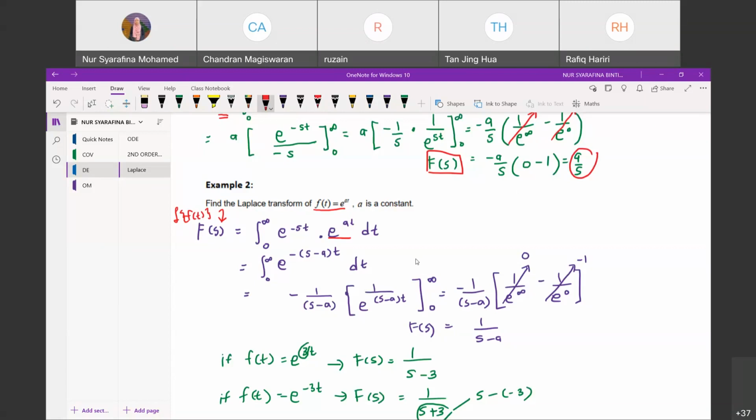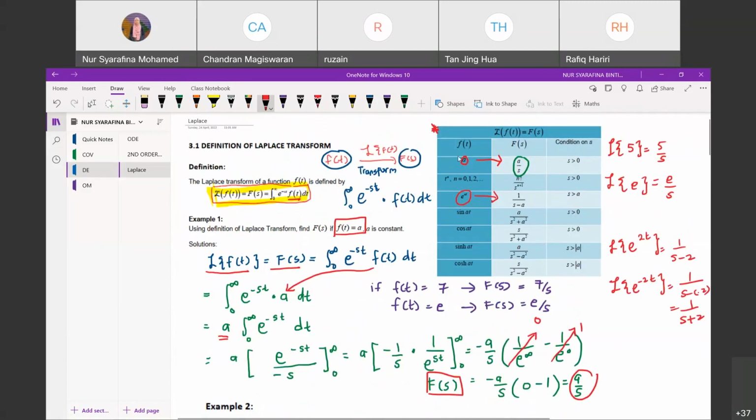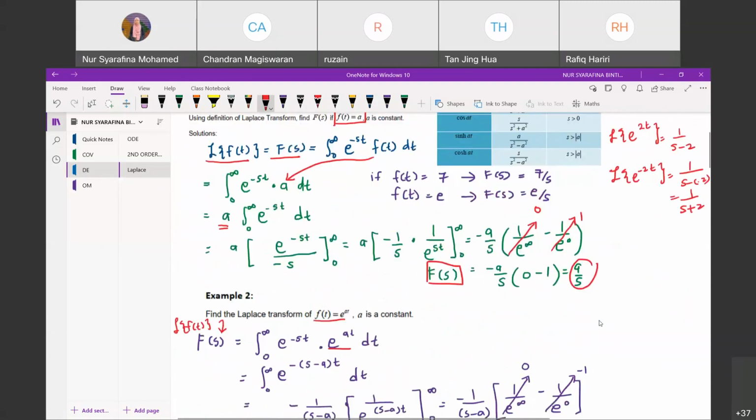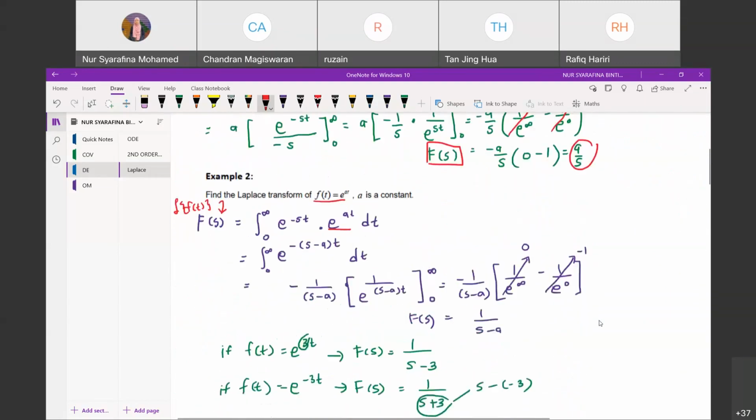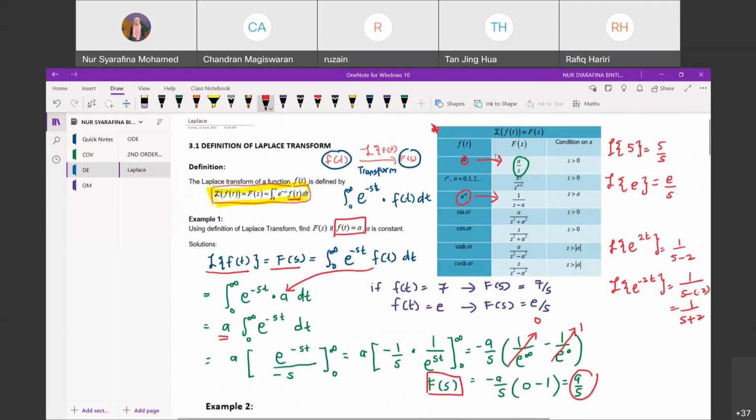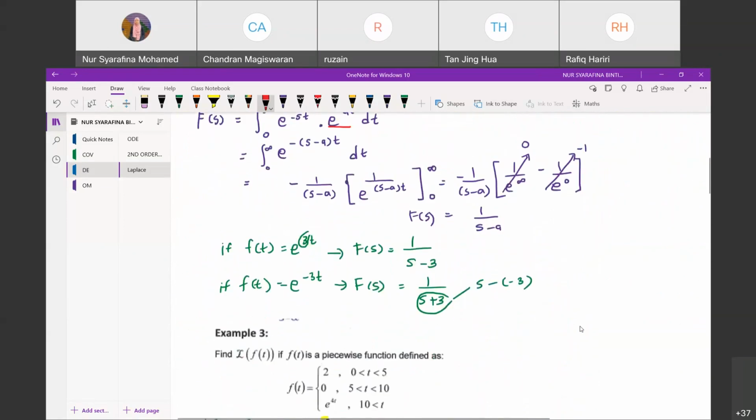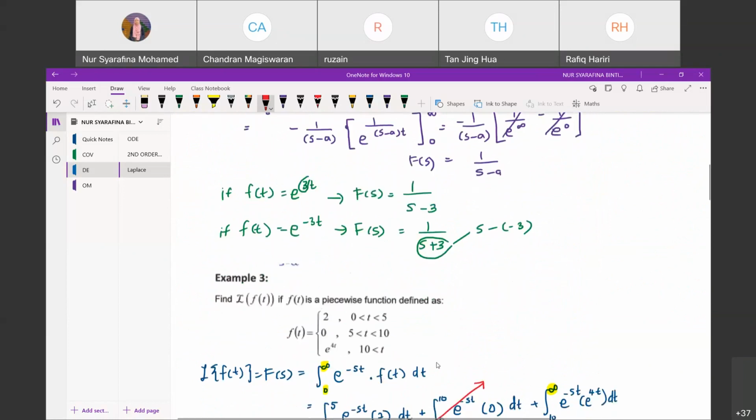All right, so that one is for a constant, another one is e^(at). Okay, we will face all of the types of functions here in the table through our examples. Okay, so now why? We already have the table. Why do we have to apply the definition? Okay, because you need to understand. Because sometimes your function is in terms of a piecewise function, where you cannot directly transform this based on the table. So how